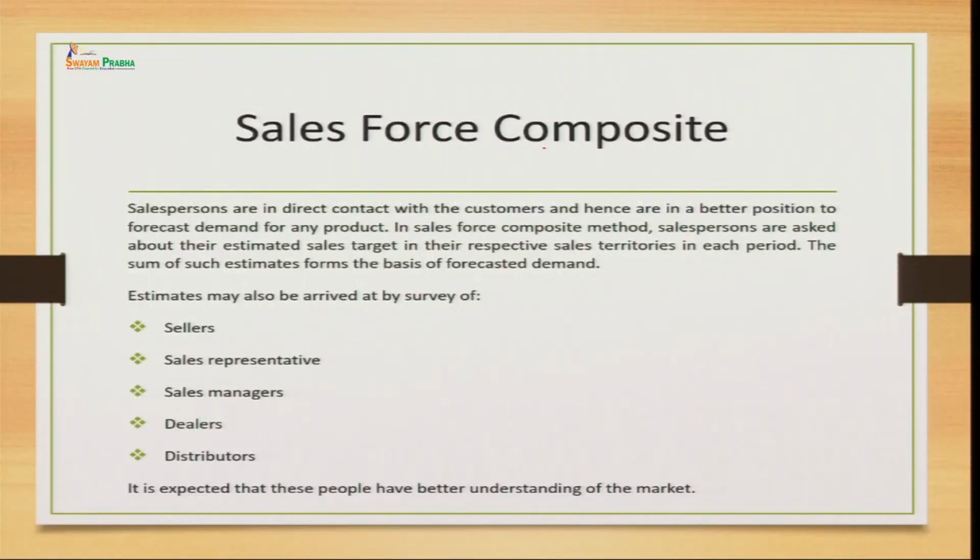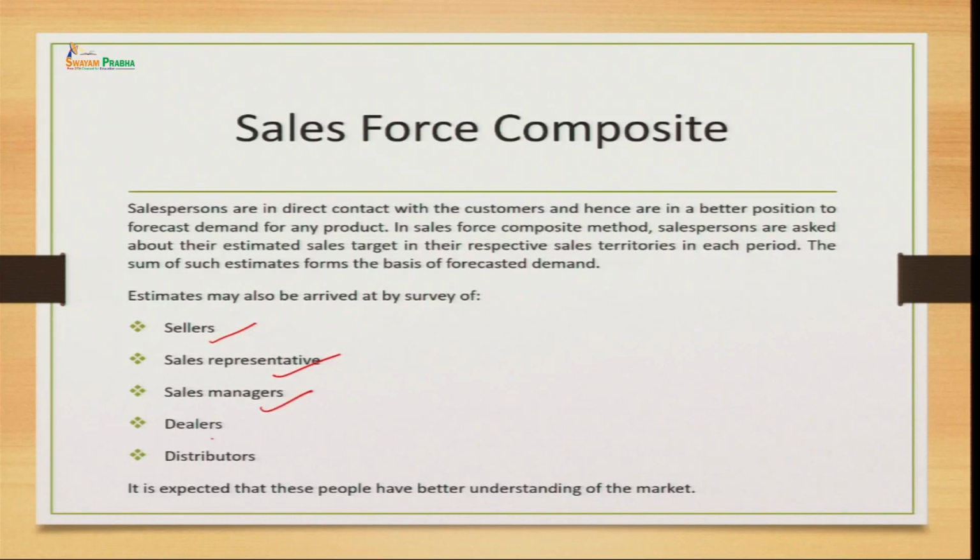sales force composite. Now, what is meant by this sales force composite? This method is one step ahead of our previous method. Now, what we are doing here is, rather than asking the opinion from the consumer directly, we are taking the opinion of those people who are in touch with the consumer, right, with that belief that because these people are in direct touch with the consumer they know better how consumers behave, what are the products which they demand. So, it is better rather than asking the consumer, because that would be a much time taking task and costly for the company. So, they try to take the opinion from the people who are in touch with the consumer,